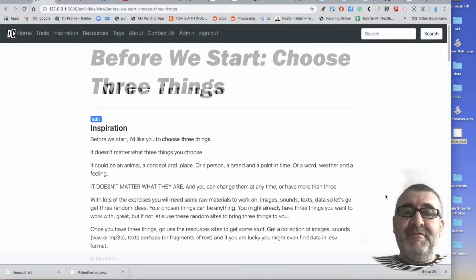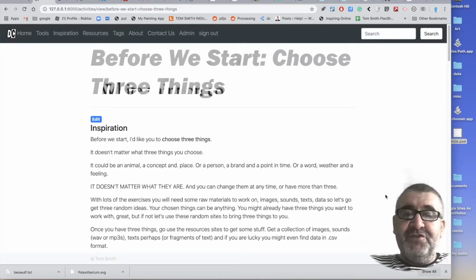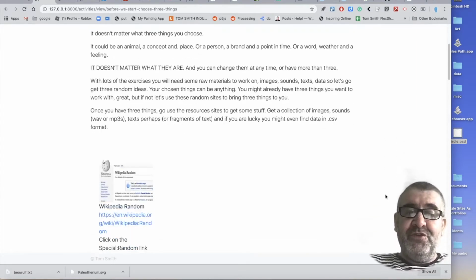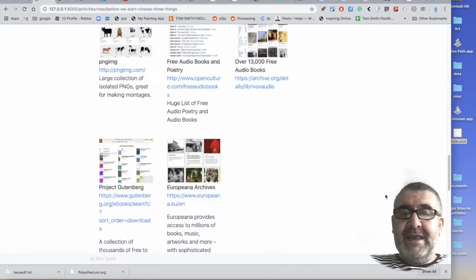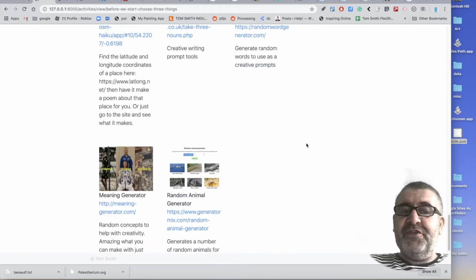So, before we start, we're going to choose three pretty random things. Could be an animal, a concept, a place, a person, a point in time or weather. It doesn't matter what they are. And to help you choose three random things, down the bottom of this page, there are some tools that you